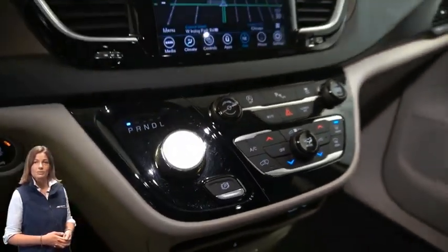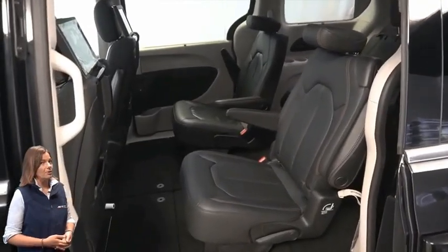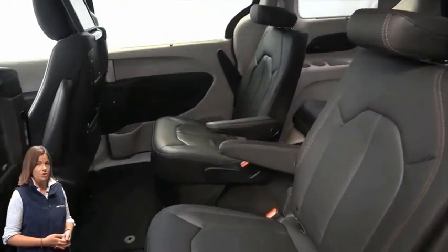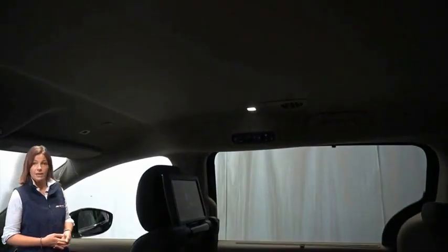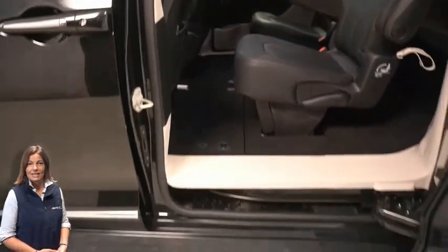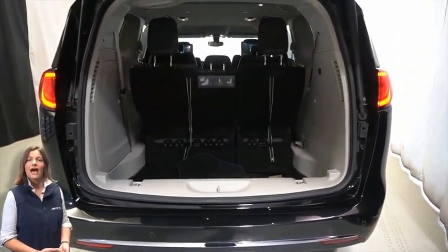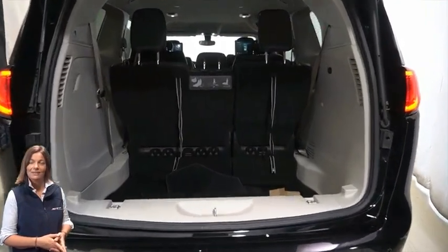8.4-inch touchscreen display, navigation, rear backup camera, dual zone temperature control, heated second row seats, Blu-ray and DVD player, power liftgate, 3.6-liter V6 engine, and so much more. For additional details, visit us at marinocjd.com, stock number